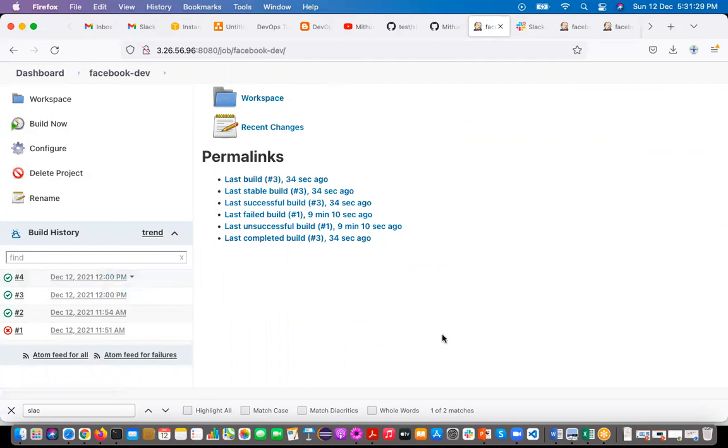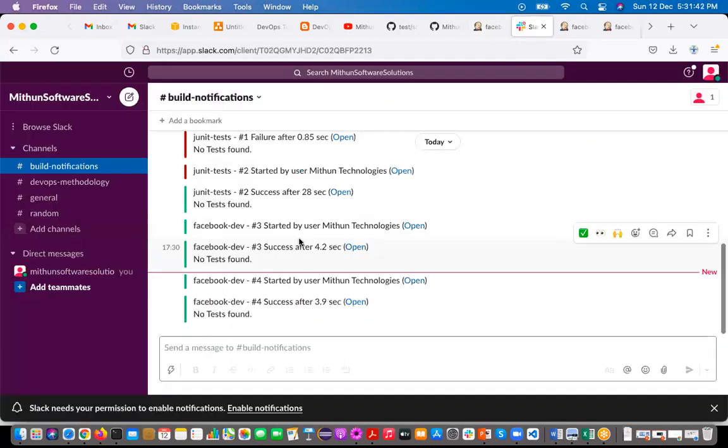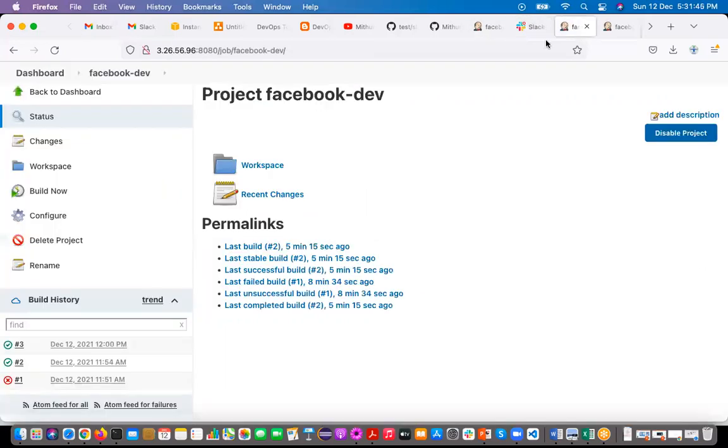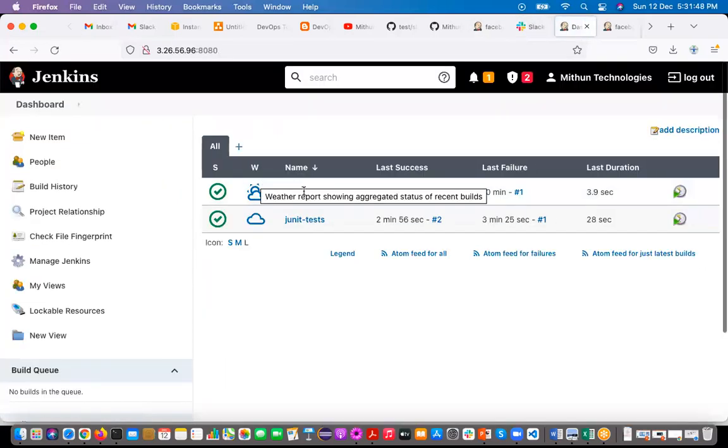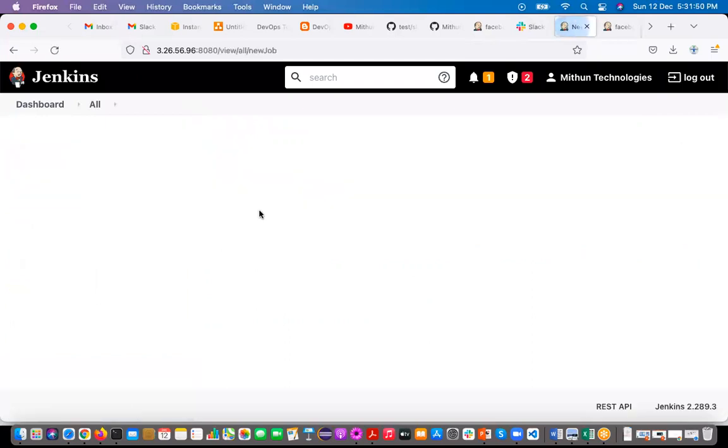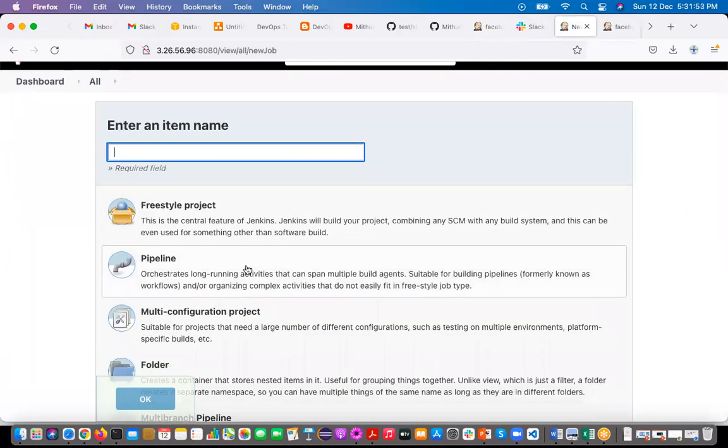Now you can see here, you can send all the notifications, whether a build is successful, failure, or stable, right? All the notifications it is going to send here. However we use it, for sending the Slack notifications for a freestyle project, you can create a job for a Maven project type and pipeline also. In the next video, I'm going to show you how to integrate the Slack notification feature with our pipeline projects.